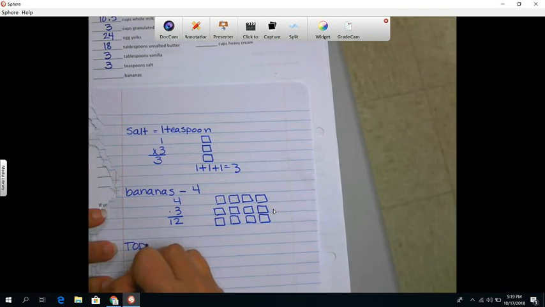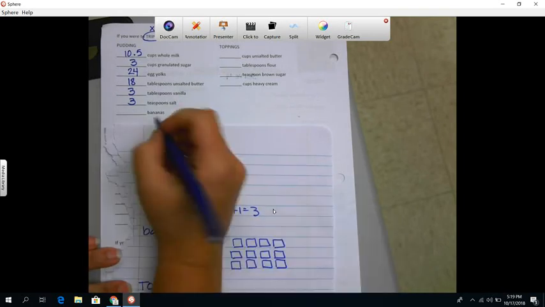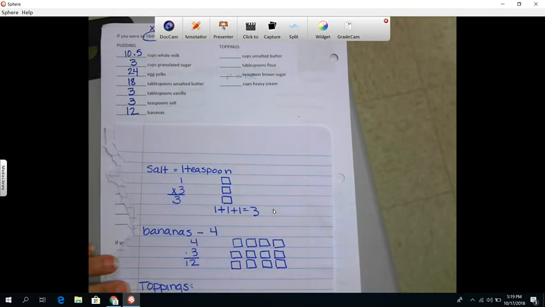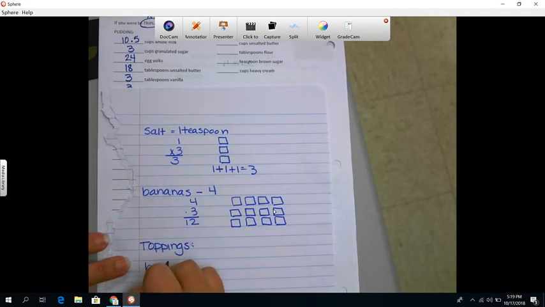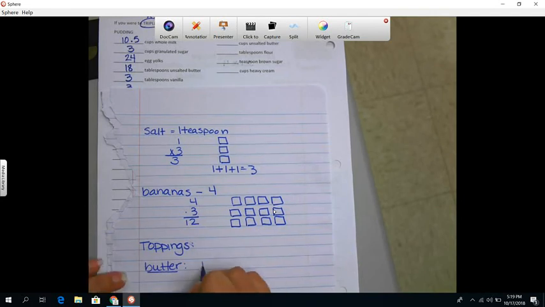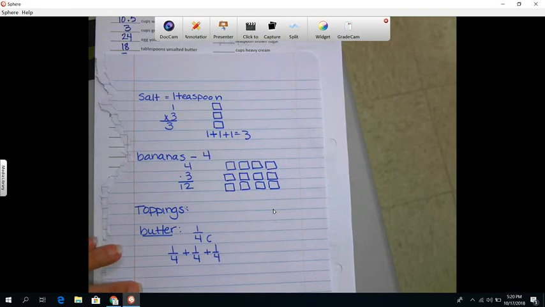So for our toppings, right here, we needed 12 bananas. Okay, for our toppings, we're going to go to butter. And for our toppings of butter, we needed 1/4 of a cup to start. So we're going to go 1/4 plus 1/4 plus 1/4. And remember, when we multiply or add fractions, I should say, add fractions,